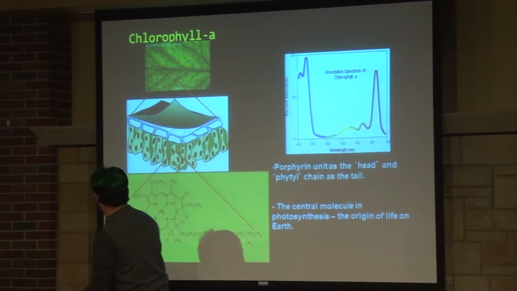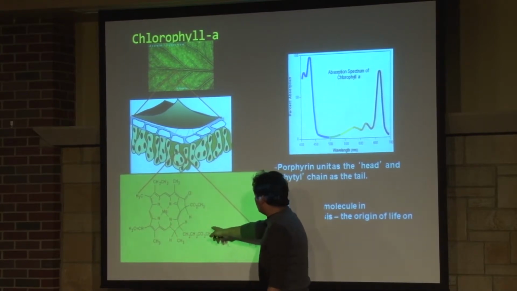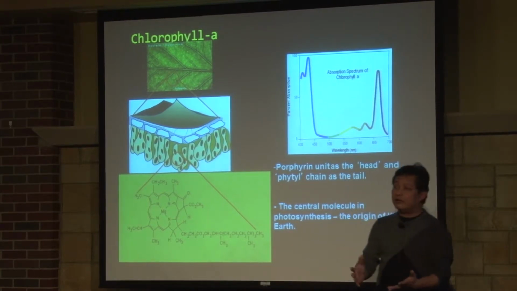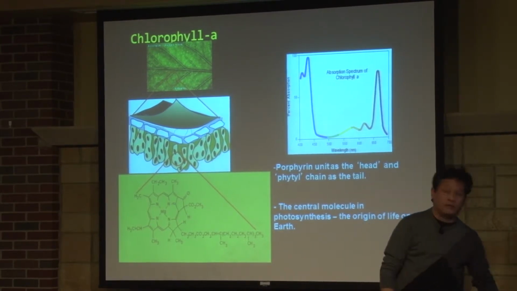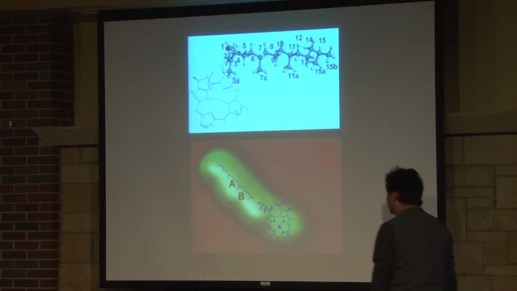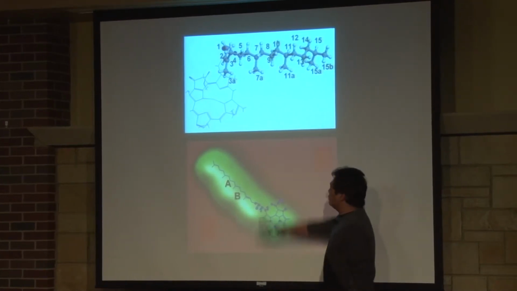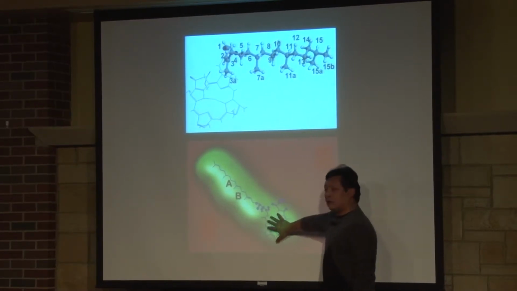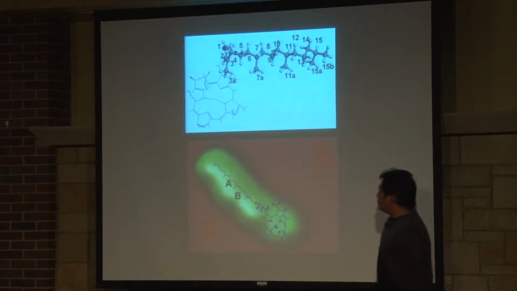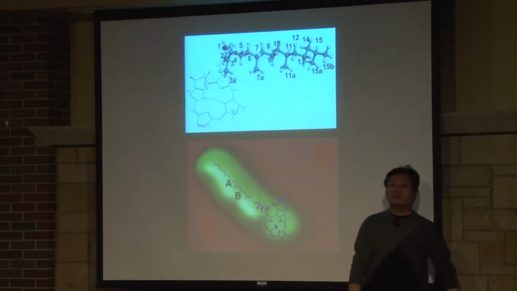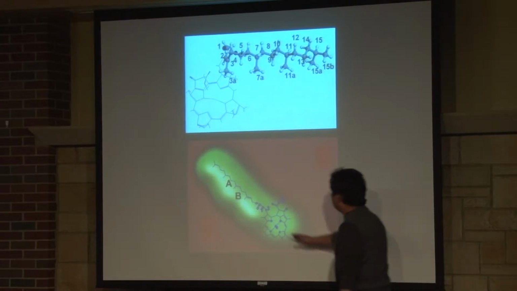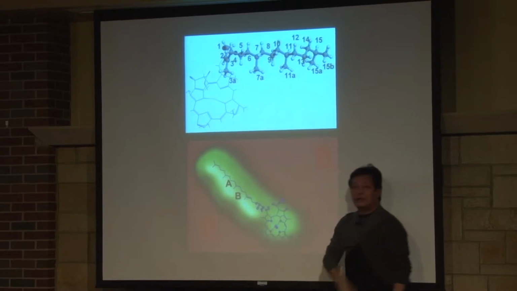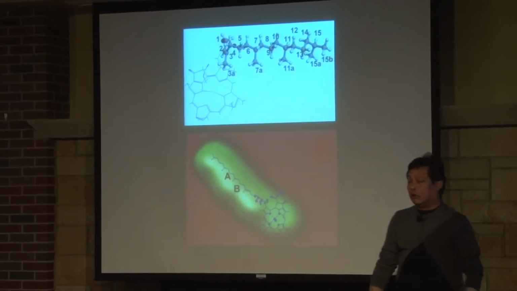People drew cartoons like this, okay? But to show the image, the photo of this one, nobody could show this. But we can see the atoms, so why not take the image of this? So we did, and this is the chemical structure. Just forget it. Here is how it looks. Now it is in a biology or plant biology textbook. I have given permission to print, and this is how it looks. The molecule has a tail, a long chain, and a head, and that's how one chlorophyll molecule looks.